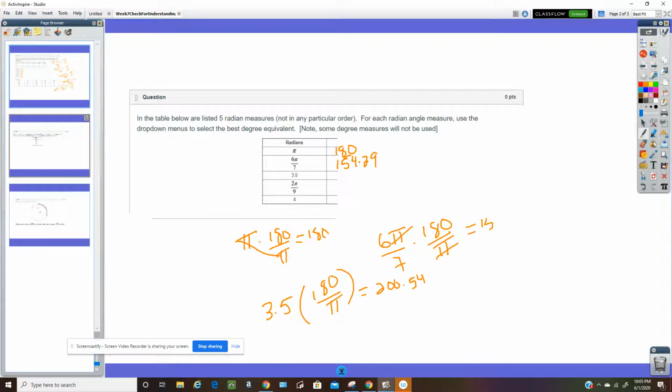This is 154.29. So this is 200.54. And then 2 pi over 9